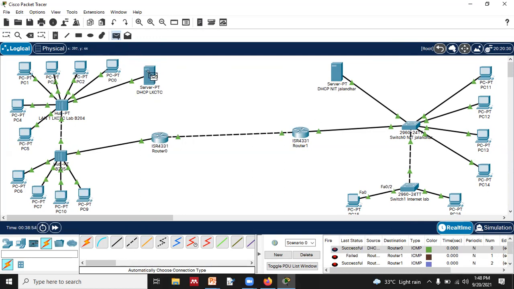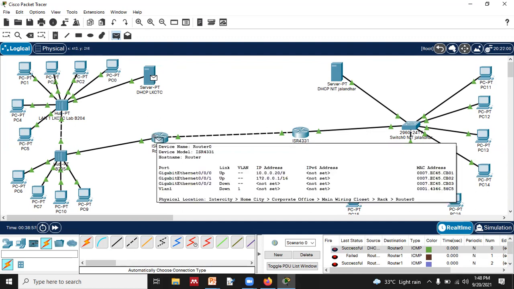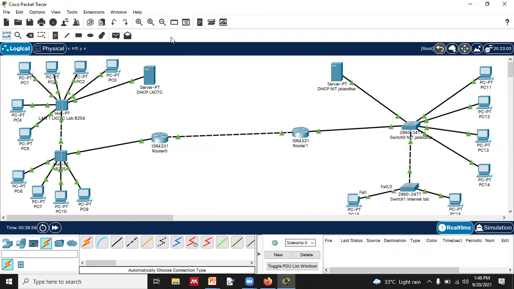So if we see, if we are able to reach from the server to the router, let me delete the scenario. You can see this is successful. Now we are able to reach between router and router, that is also successful. So all in all, we can reach from here to here, from router to here, and then finally from router to the server. You can see it is successful, right? But if we try to send from server to server, it fails. What is the problem? Till now, we have not set the routing.